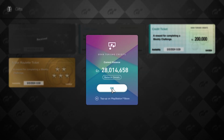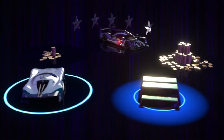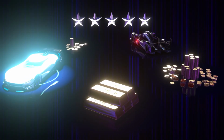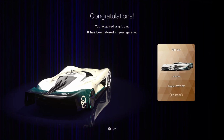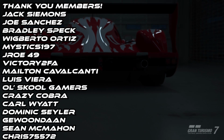And then we're going to open up what is supposed to be the main reward of the week, and unfortunately this is where the RNG takes over and it is going to be completely random. As you can see, there is some good rewards as well as some bad, so we have a few minor cash ones, cars, and 500,000 credits. We are actually going to end up with probably the better reward of the lot. This is the Jaguar VGT SV. This is a car worth 1 million credits, so I can't complain there,